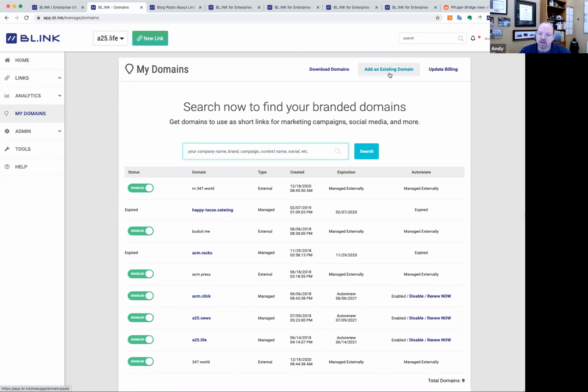top-level domain, such as, in this case, I have something like acm.rocks that I have used for my, again, it's a core domain, or I can also add a subdomain like m.347.world. So again, you can pick and choose any one of those. Again, I've got a combination here of external links, external domains, as well as those that I've purchased. So I can come in here, and again, I can type